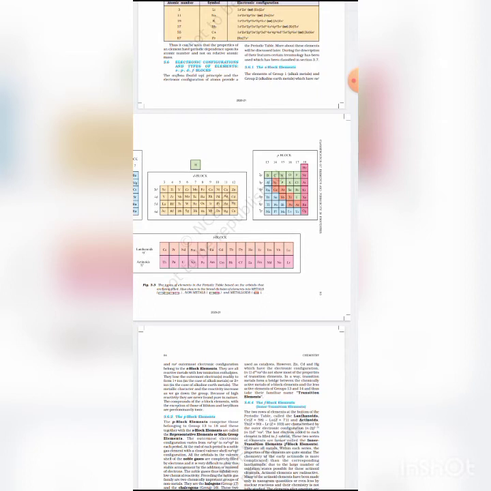Okay, electron affinity generally decreases due to increase in atomic size. As the atomic size increases from top to bottom in the periodic table, the added electron is at a larger distance from the nucleus, and naturally the attraction of the added electron with the nucleus is so small and the energy released is also small. Okay, electronegativity generally decreases down the group because both ionization energy and electron affinity decrease down the group.